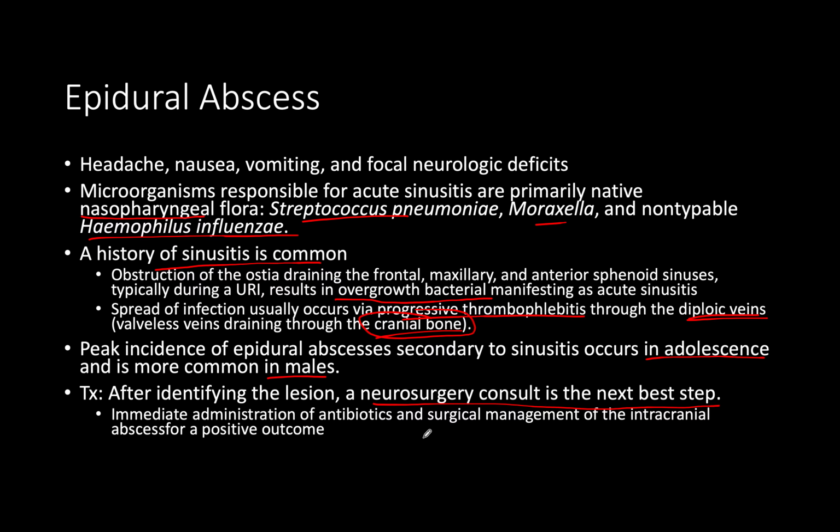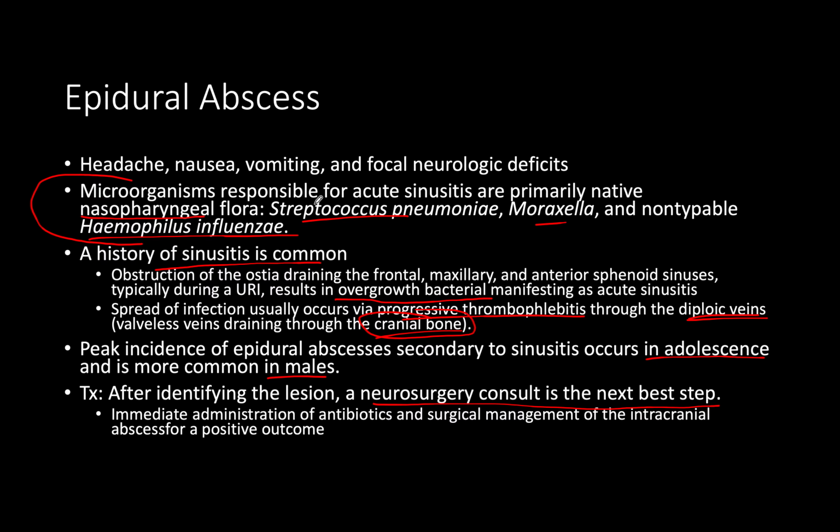I think there are a few ways they can ask you about this. Number one, knowing that the organisms involved are the normal flora, your typical strep pneumo, moraxella, things like that, could be a question going after the microbiology of it. Is this something invasive like a rhizopus, mucor, those things that we see in diabetics? No, this is just the regular flora. That's an important concept, and it gets after what antibiotics we're going to want to use. So that's one way they can go about it.